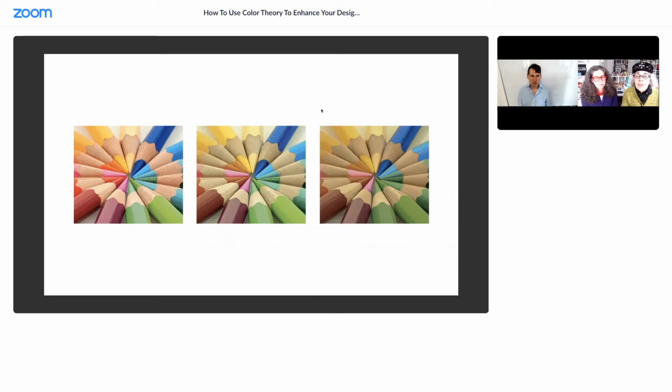Fluorescents have an uneven pattern of emission, giving objects a green or a yellow-green kind of a cast. And LEDs, since they're weak in violet and blue violet and red areas, are strong and peak in the orange, yellow, and green range. In the example that we see here, the pencils on the left are lit with incandescent